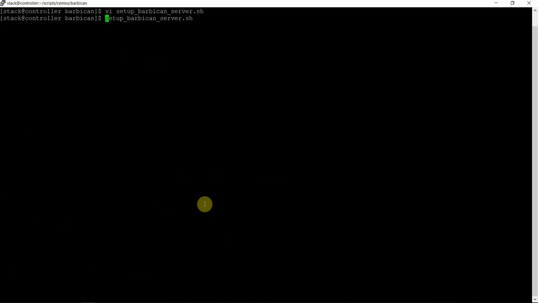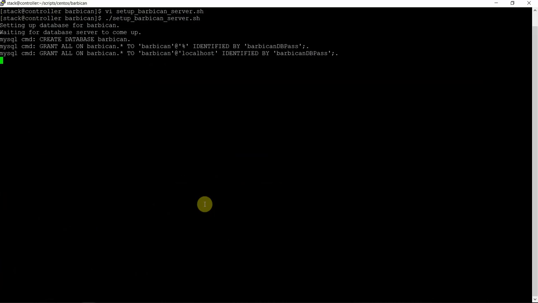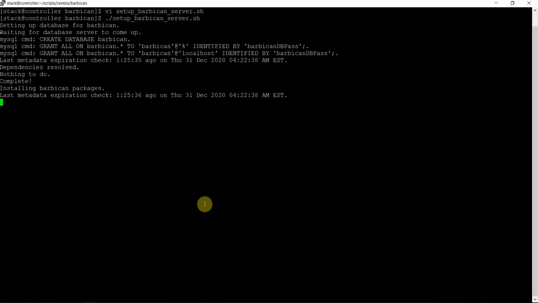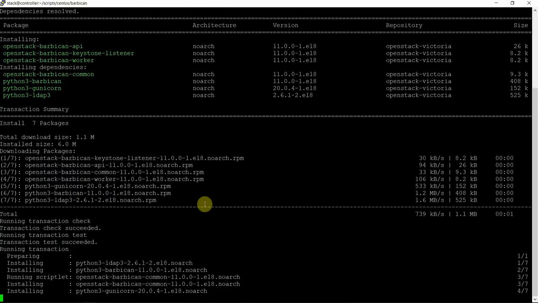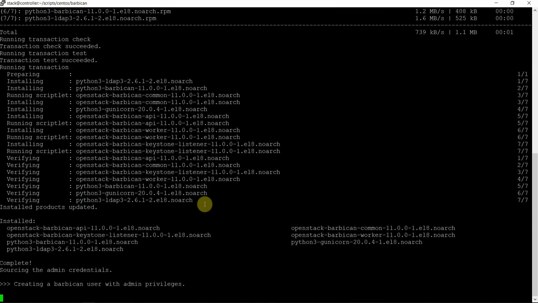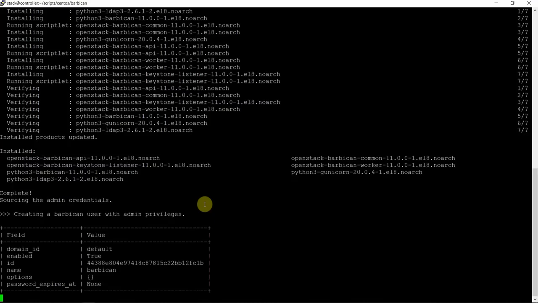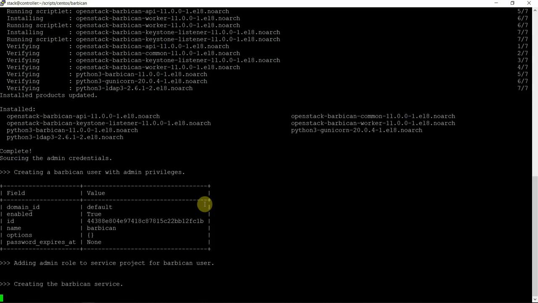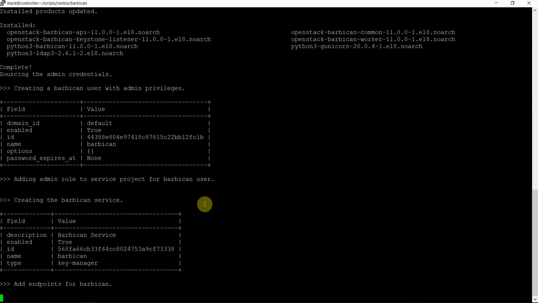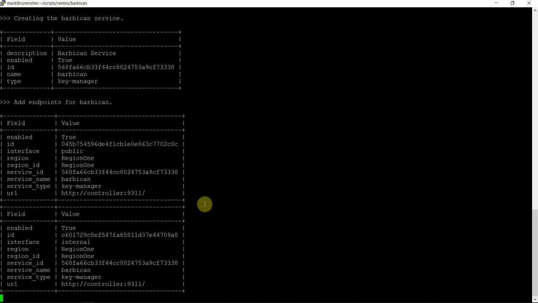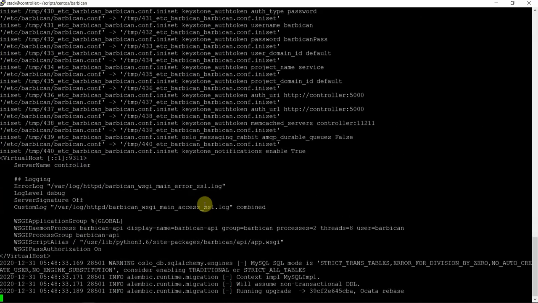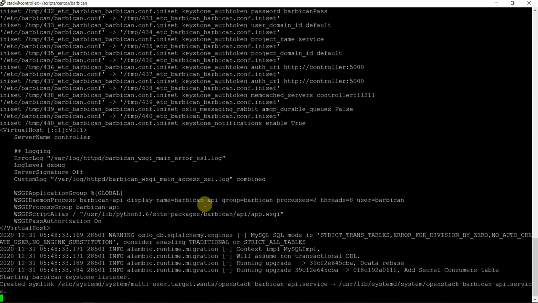Let's set this up. So this is creating the database, packages installation, service creation, adding the user role to the admin role, adding endpoints, and the configuration file, creating service, restarted.